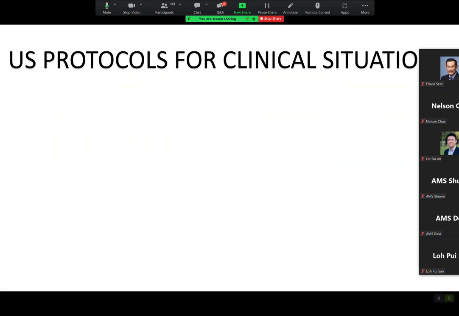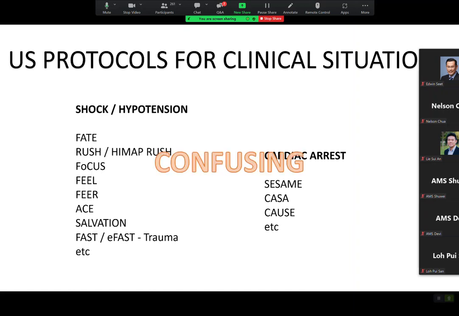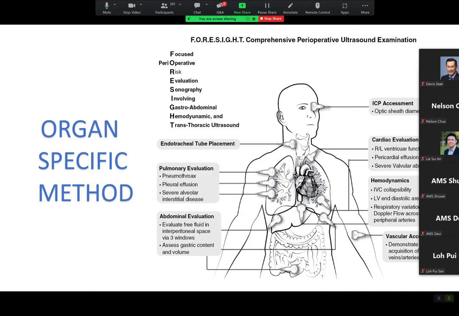So we can look at some protocols for different clinical situations. There are so many protocols described in the literature, it can be quite confusing. This is just a small number of them. So instead of using protocols, we can also use an organ specific method,